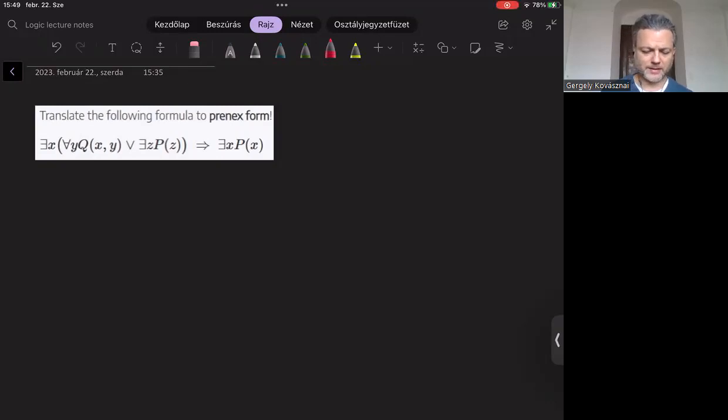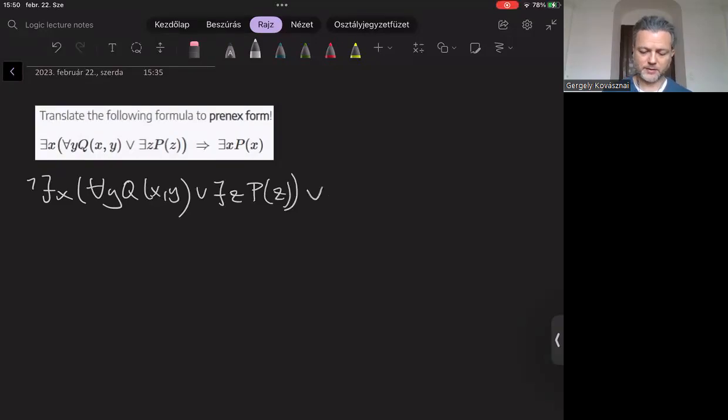So immediately we can see that this implication would mean an obstacle. Therefore, we must eliminate it. Of course, we know how to eliminate an implication easily. We must negate the left-hand side of that implication and then use this disjunction. Okay, now the formula is ready for quantifier lifting, and we can ask ourselves, which of those 4 quantifiers